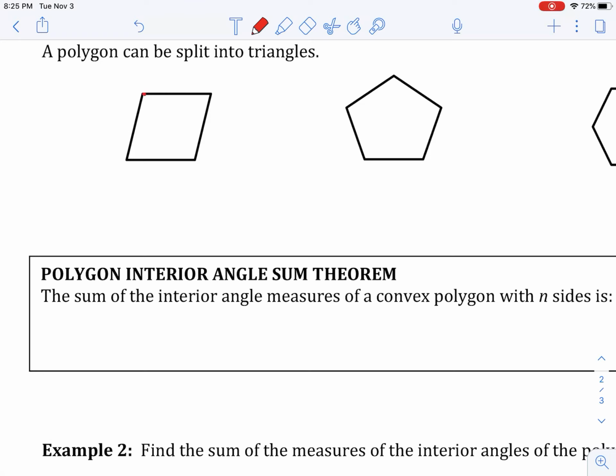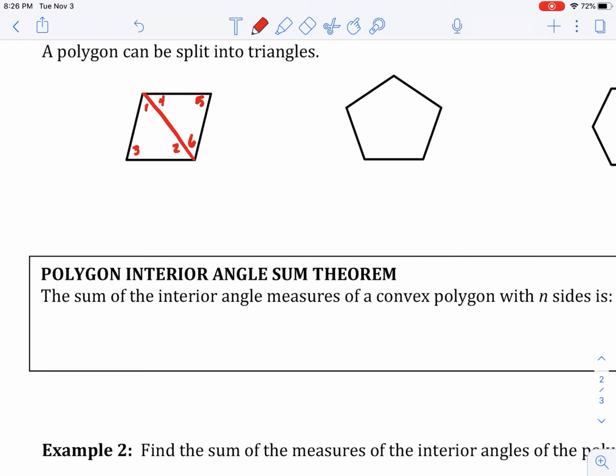So if we put just a single line in here like this, and if I numbered all the angles, in this left-sided triangle there's 3 angles, and in the right-sided triangle there's 3 more angles. And all of those numbers are part of the interior angles of the polygon. So this quadrilateral has 4 angles, which I've now split into a 1 and 4. One of the angles is a 5. The other one's split into a 2 and a 6. And then the other one's a 3. So when you draw your triangles, you want the angles of the triangle to line up with the